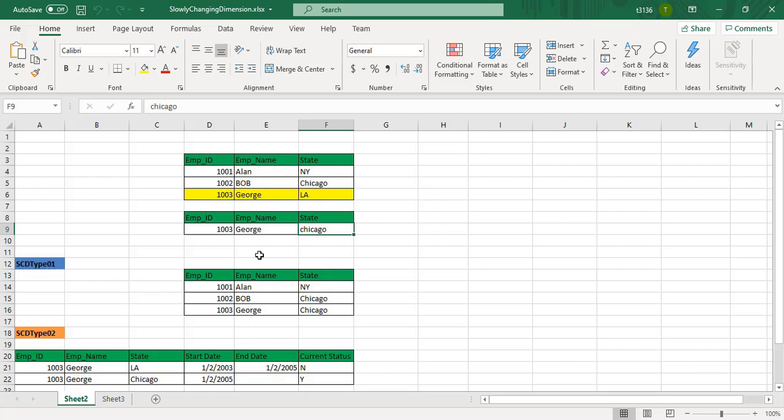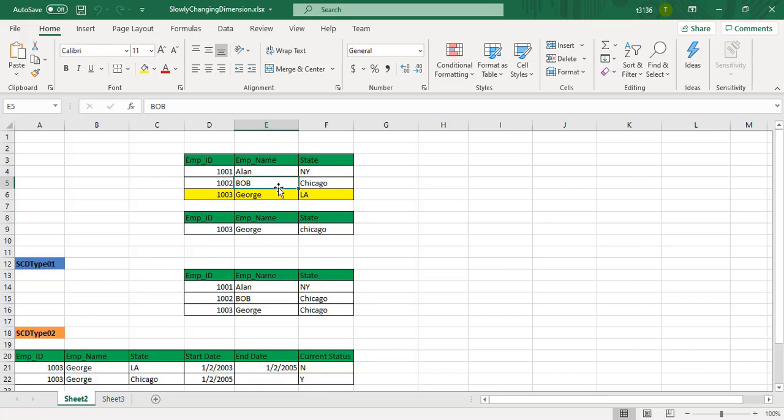So what I need to do is maintain George's data as historical data in my data warehouse. In this case, the changing dimension is state. State can be changed. For Bob, anytime Bob can move from Chicago to any other state.